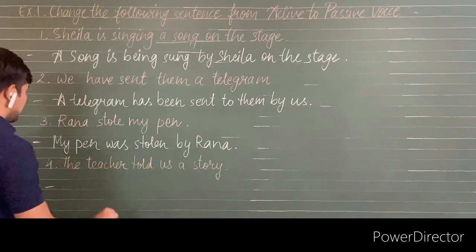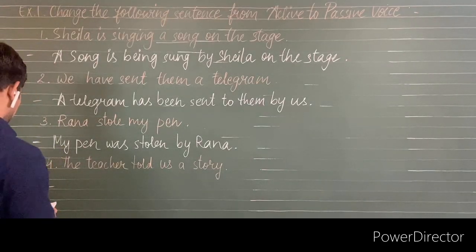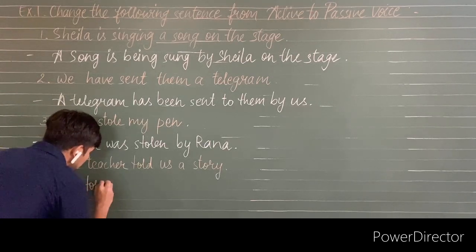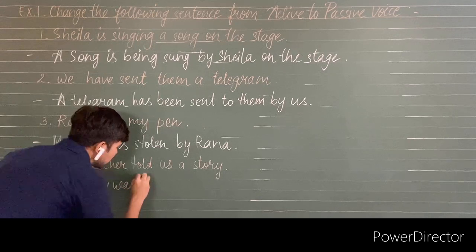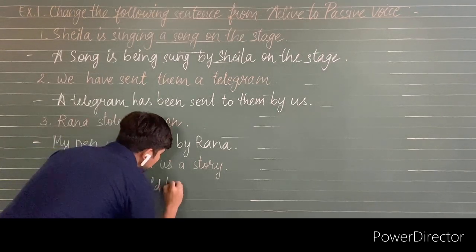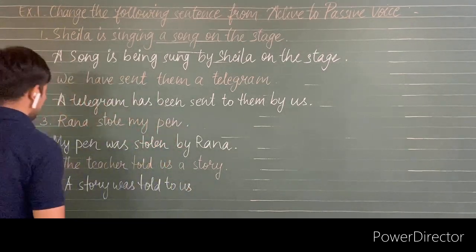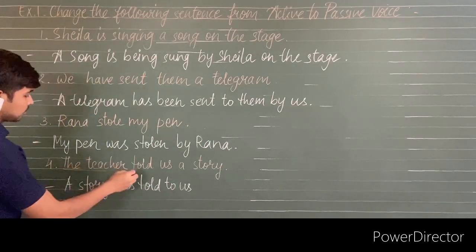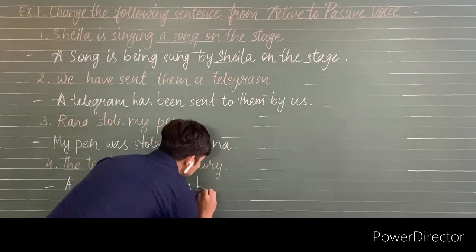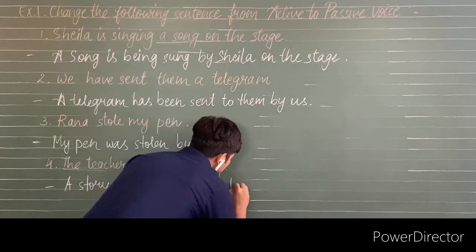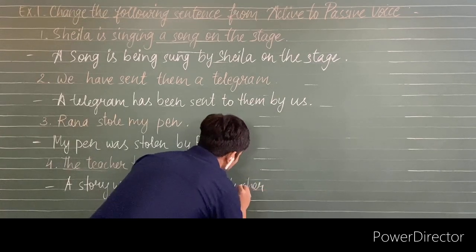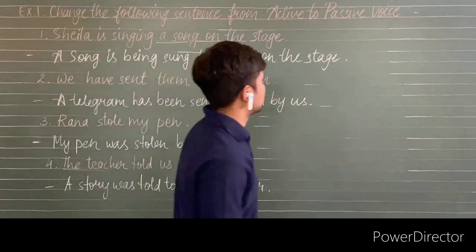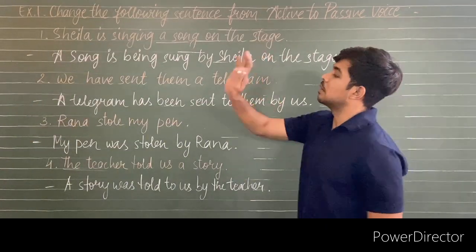So simply we can write it like "A story was told to us by the teacher." So as we can find out in these sentences, the subjects are becoming the objects,